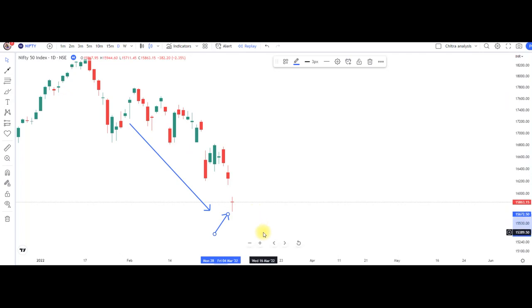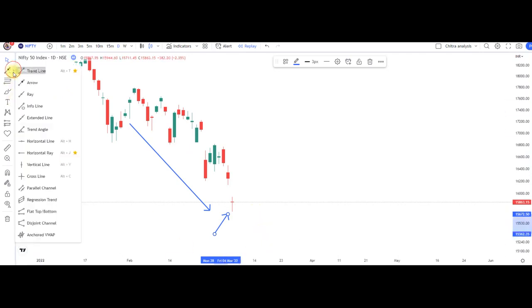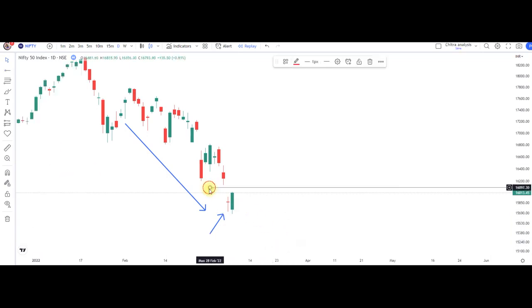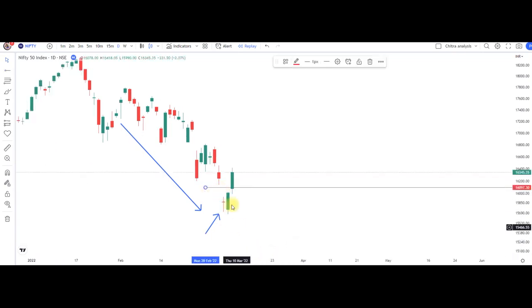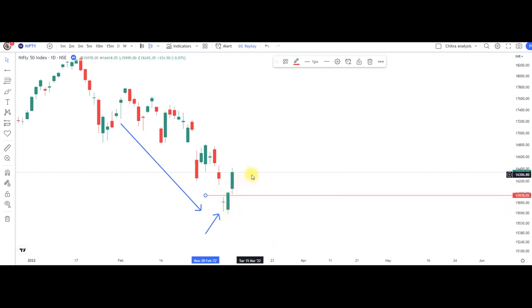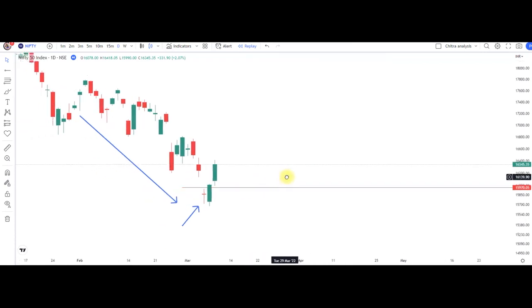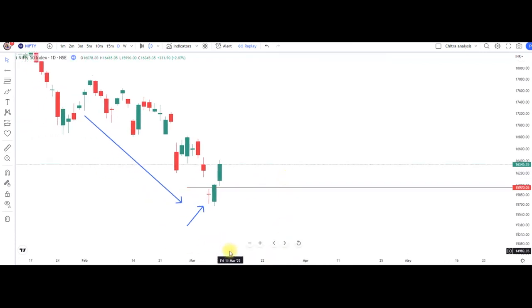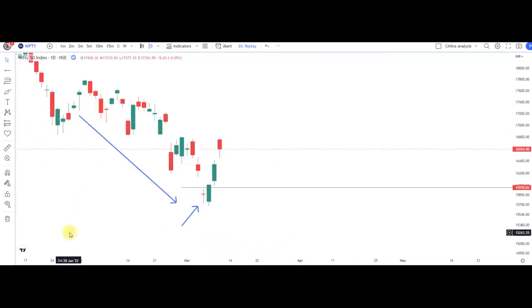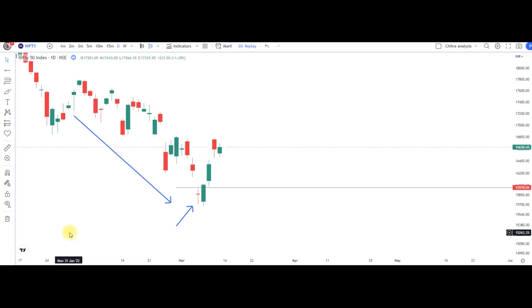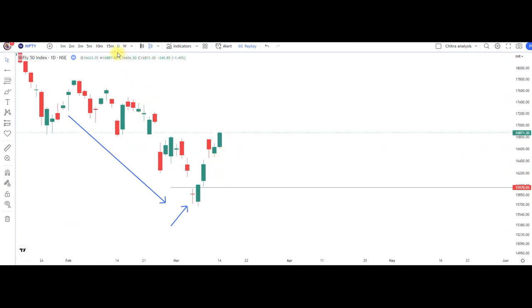Now we see how the trade is going on. I will mark the line above this candle. Now we can see that the high of this doji candle is broken and we got a green candle above this doji. So one can enter into the long trade. And this is the daily time frame chart. So positional traders can use this type of candlestick patterns in the daily time frame.